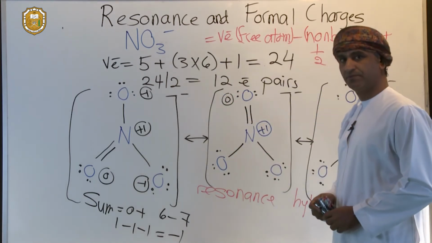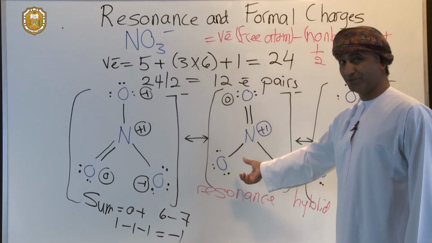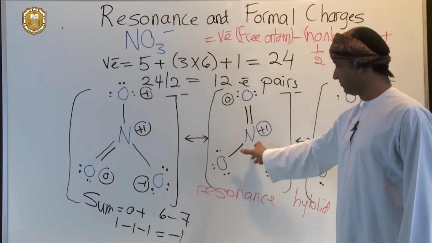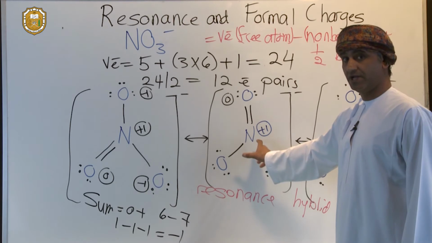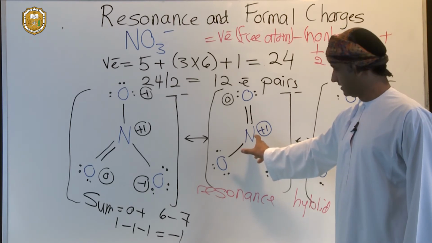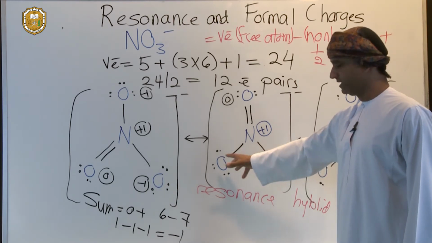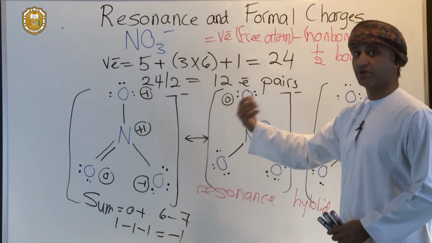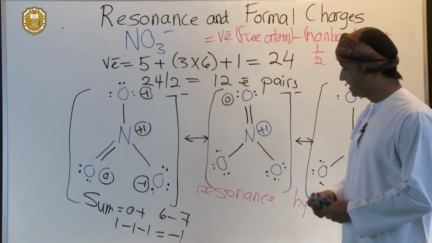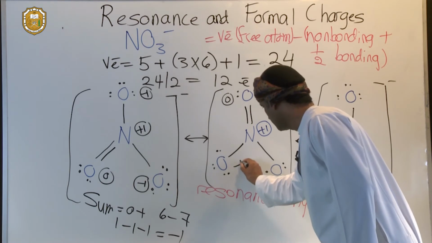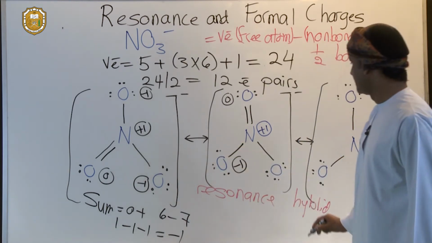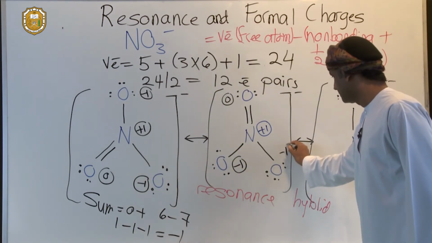For that oxygen atom, the number of non-bonding electrons is 6. The number of bonding electrons is 2. We divide by 2, we get 1. So 1 plus 6, that is 7. 7 from 6, that is minus 1. So the formal charge of oxygen here is minus 1, and the formal charge here should also be minus 1,